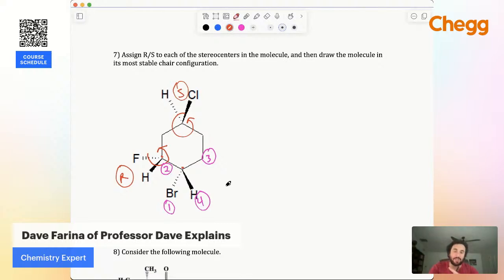So we can invert that arbitrarily and then invert our answer. So this looks like it is going clockwise. So it should be R, but we invert our answer. And so that is actually going to be S. So we've got SRS. Now it is asking us to